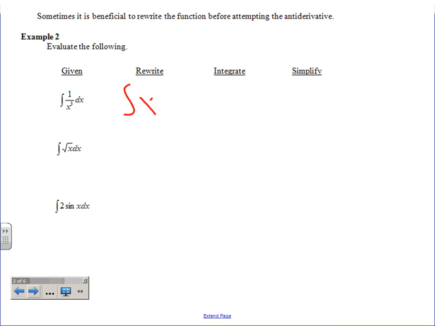Close. X to the negative third dx, right? Now, am I actually allowed to take it up a power and divide by my new power? Could I really do that at the beginning here? Not really, because it's in the denominator. That's not going to work so well. But now I can take that up a power. Now be careful, a lot of people mess up. Very good. X to the negative 2 is up a power, right? Divide by negative 2